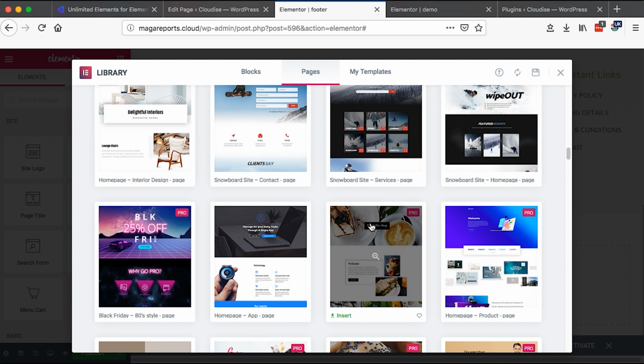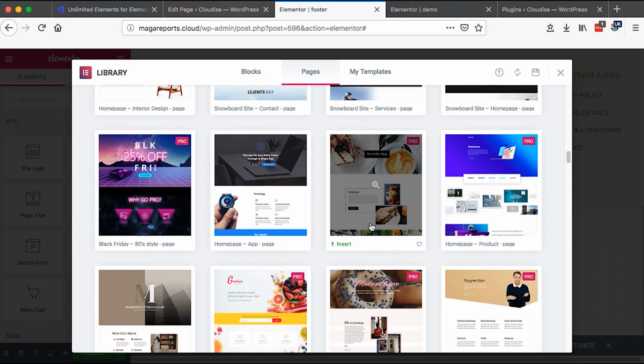That's my quick walkthrough into my favorite Elementor Pro elements, widgets, and sections that you can use in your new